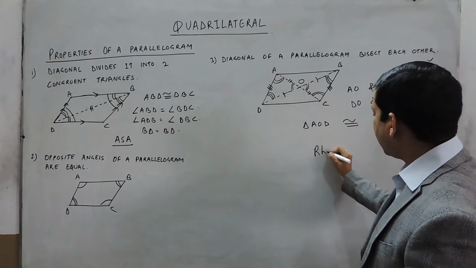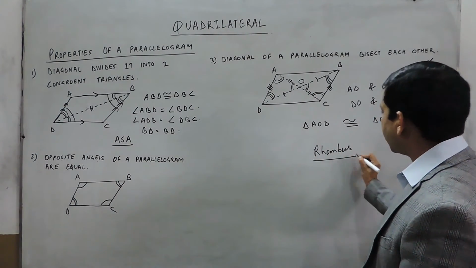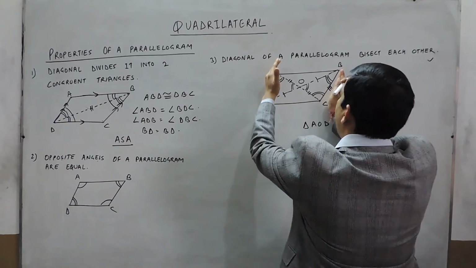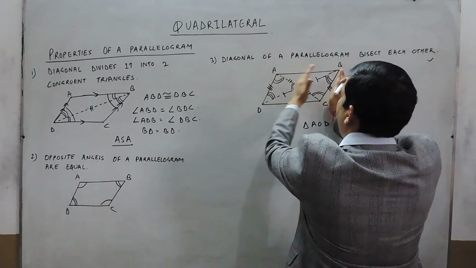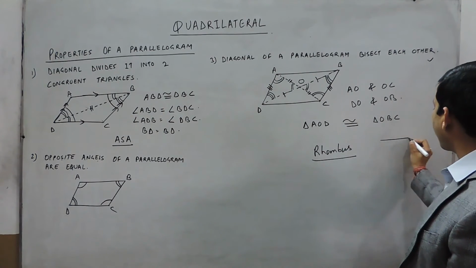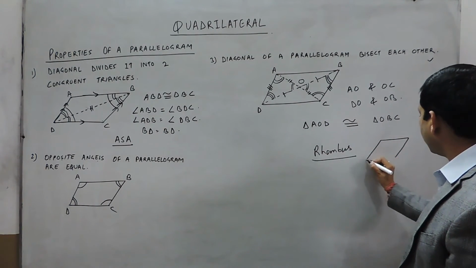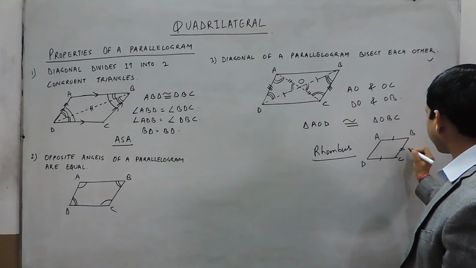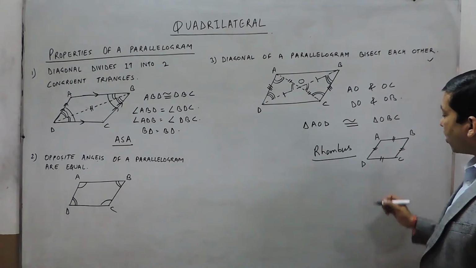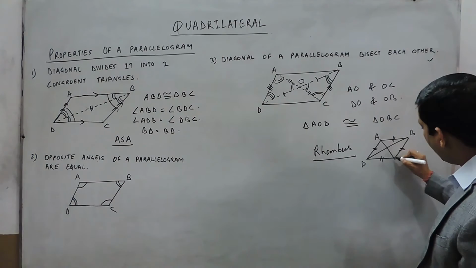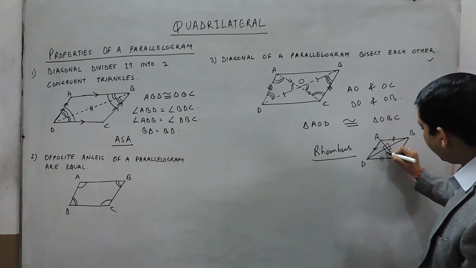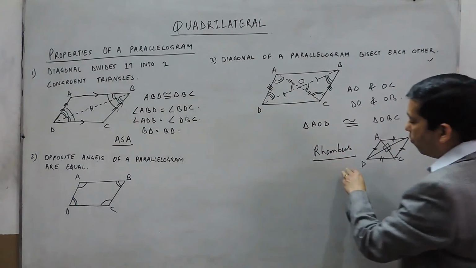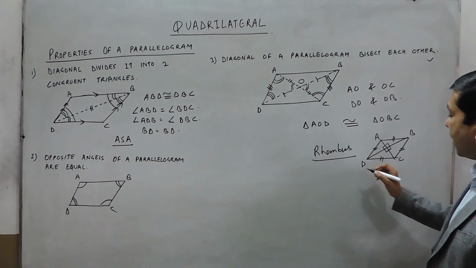And if we talk about another figure, which is the rhombus, we can say that if we squeeze this side towards this, so that the length of AD and the length of AB become equal, then it will act as a rhombus. So in case of a rhombus, all the sides of the parallelogram must be of equal length. And when all the sides are of equal length, then definitely the diagonals will bisect each other at 90 degrees. So this is another property of a rhombus which will be added to these to prove that the figure is a rhombus.